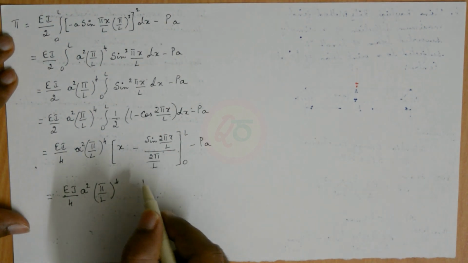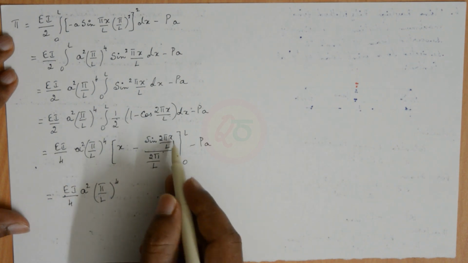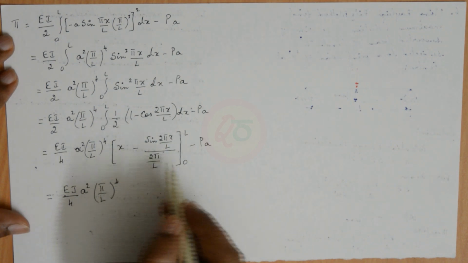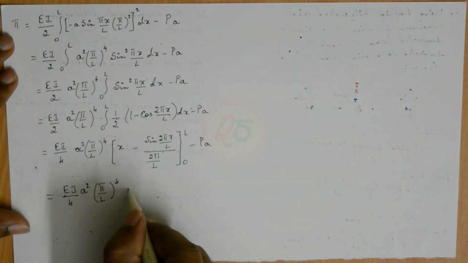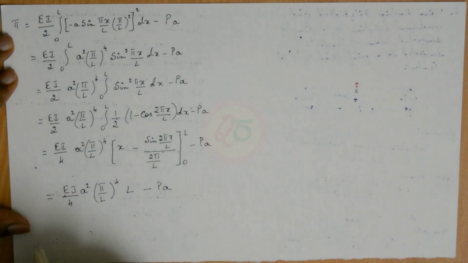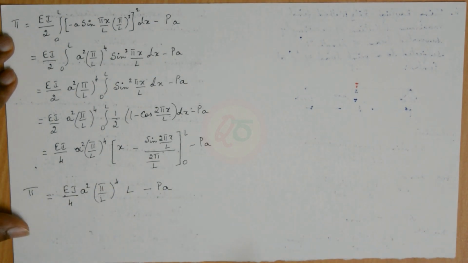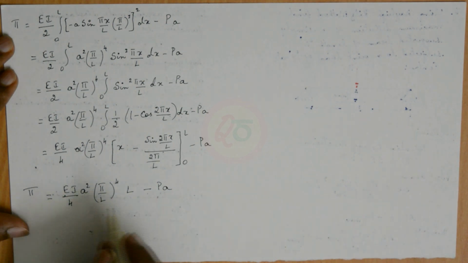This becomes, if you substitute the upper limit, L minus 0, and when you substitute 0 also it is 0, so L minus pa. This is the potential energy functional. Minimizing this potential energy functional, which is the last step,